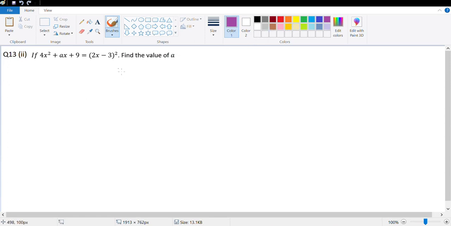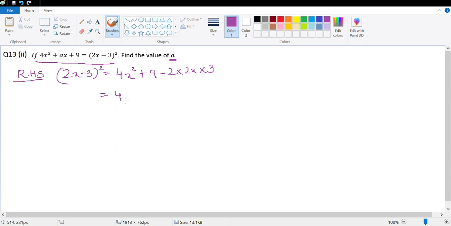It says, in each of the following cases, find the value of a. So this is what is given. Let's open the right hand side. So right hand side is given equal to 2x minus 3 whole square, which means 4x square plus 9 minus 2 times 2x into 3, which is 4x square plus 9 minus 3 into 2, 6, 6 into 2, 12, minus 12x. Now comparing with